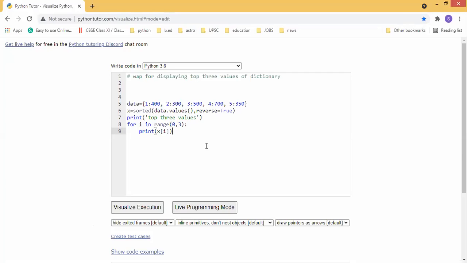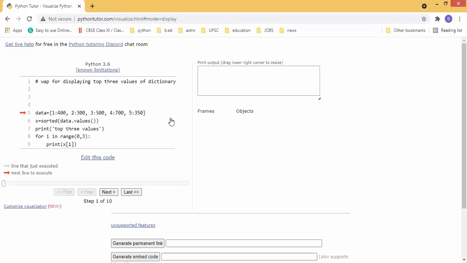Students, shall we go for the next one? Yes, sir. Suppose it is the same program. Without sorting my data values in ascending order, what change do we need to make in the program?